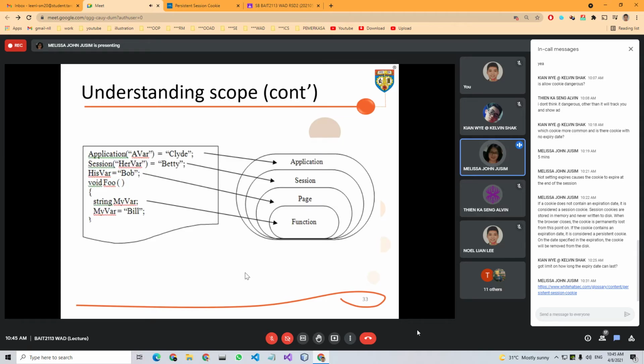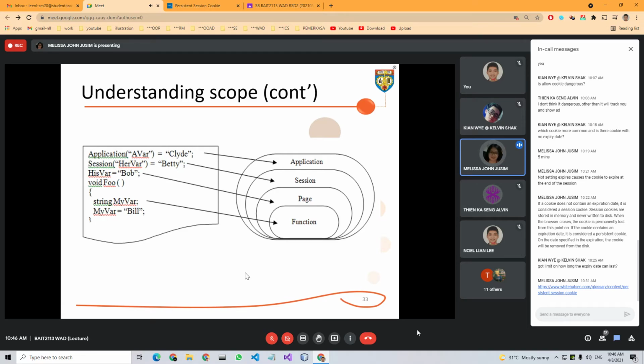So the example is given here on the diagram. If you create an application variable, client, then it will exist throughout the whole application lifetime. And then a session variable will only exist during that particular session, but it is visible from one page to another page.